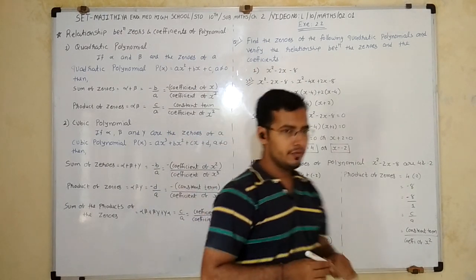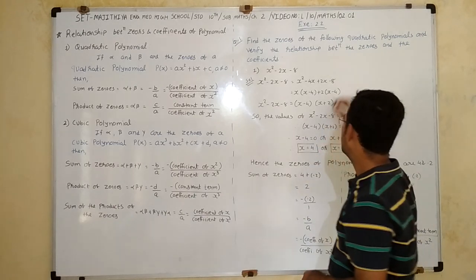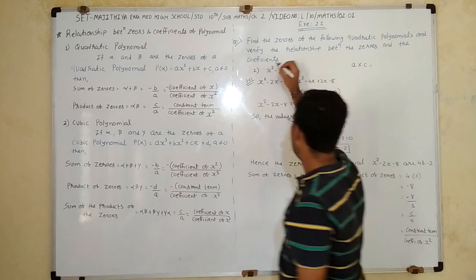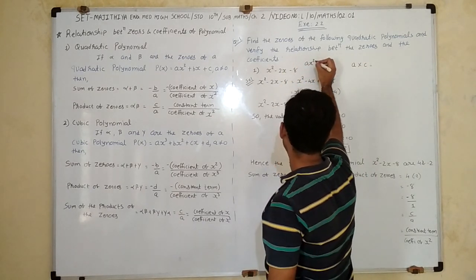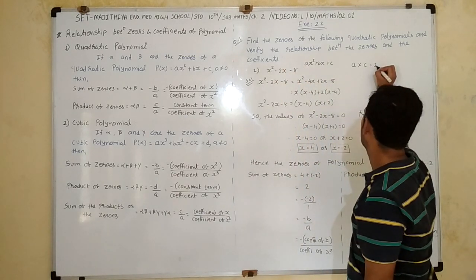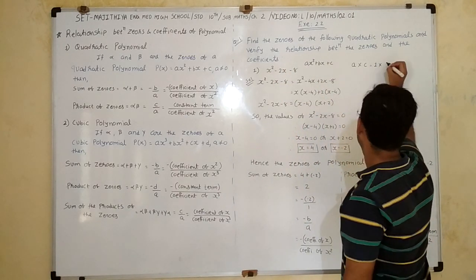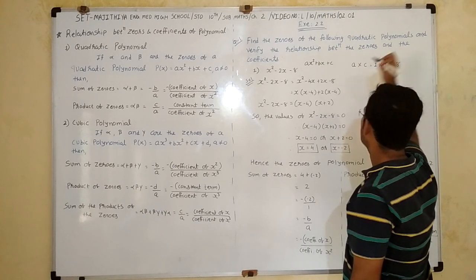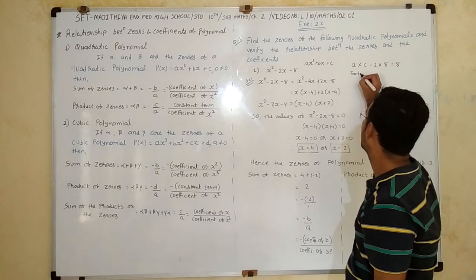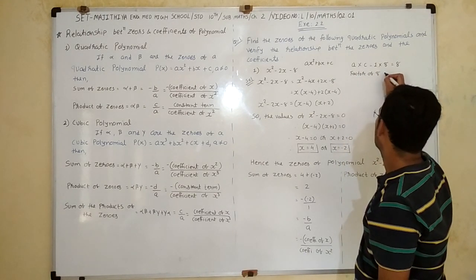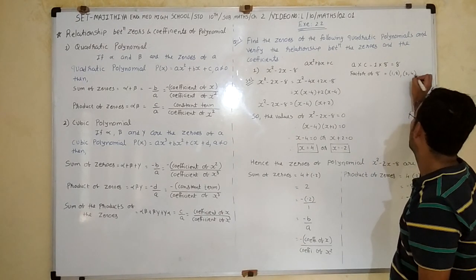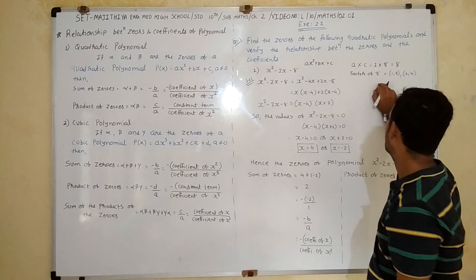In that, what we have to do is this. The first step is a into c. Compare with ax square plus bx plus c. So a is equal to 1 and c, not taking the sign right now, is 8, so I get 8. The second step is the factors of 8. That is 1, 8, 2, 4. That's it; we don't want to write the rest.